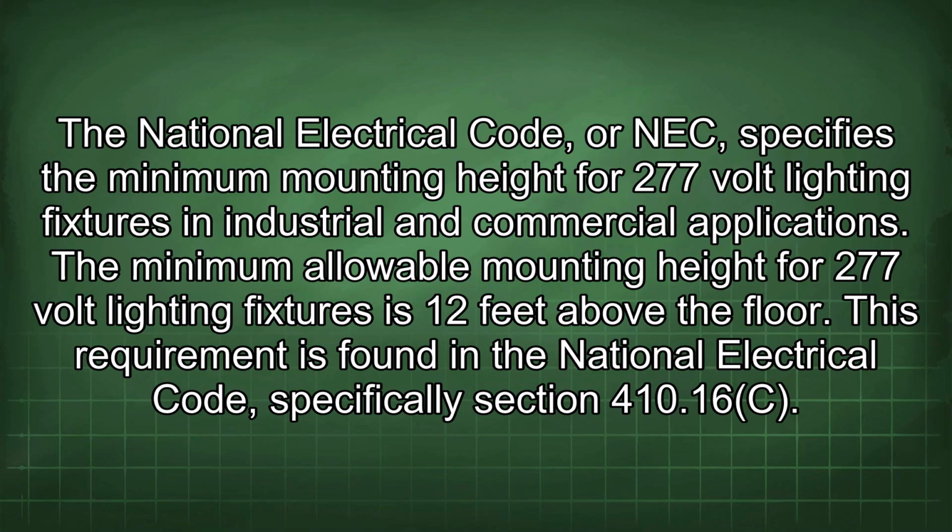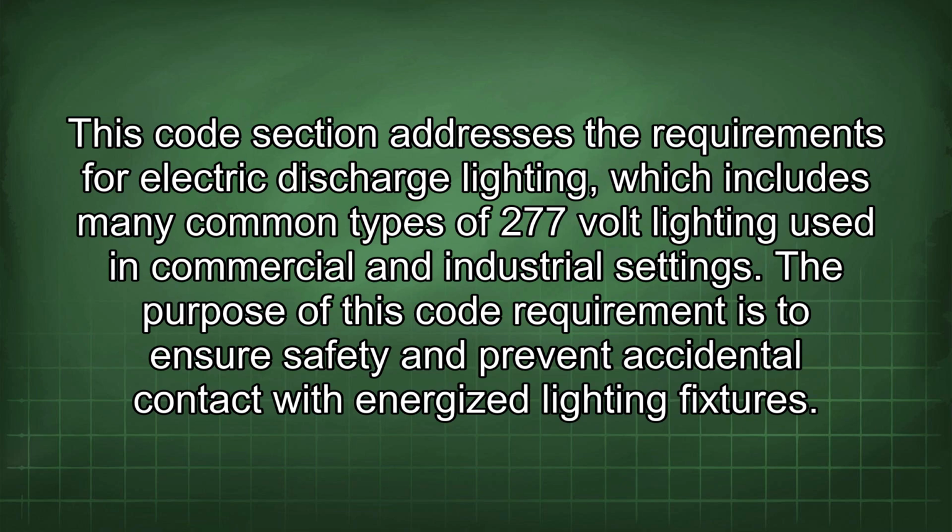The National Electrical Code, or NEC, specifies the minimum mounting height for 277-volt lighting fixtures in industrial and commercial applications. The minimum allowable mounting height for 277-volt lighting fixtures is 12 feet above the floor. This requirement is found in the National Electrical Code, specifically Section 410.16c. This code section addresses the requirements for electric discharge lighting, which includes many common types of 277-volt lighting used in